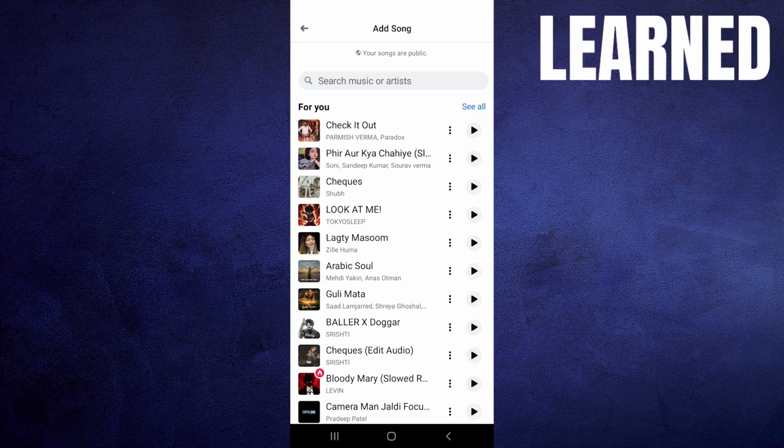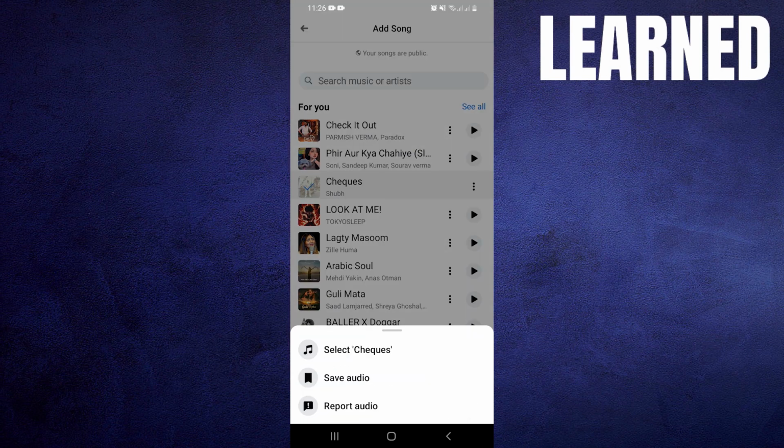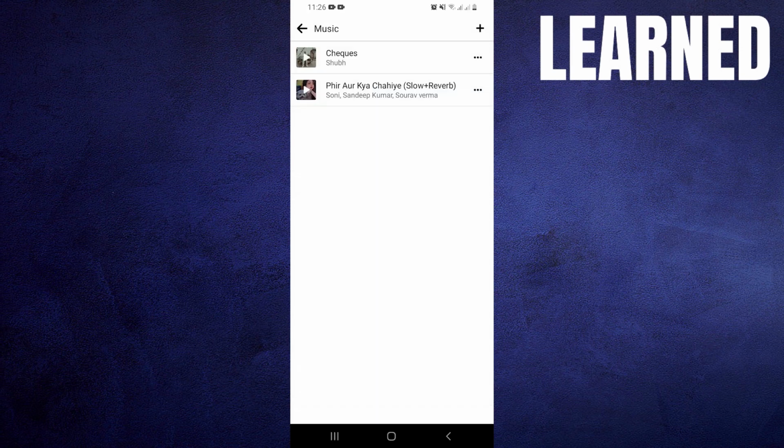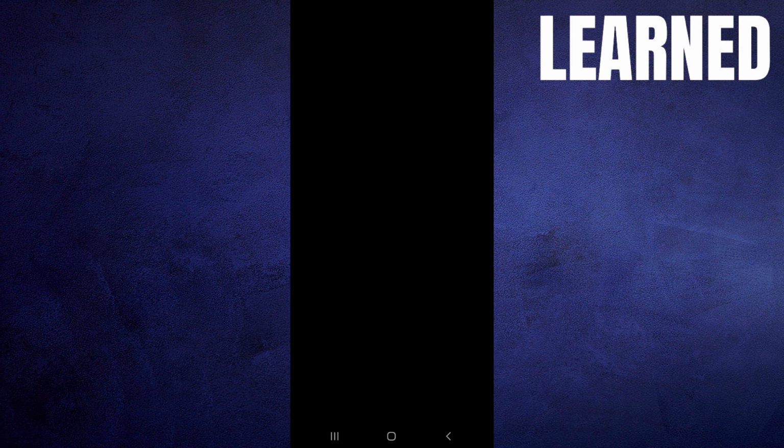Now select any song from here. Tap on that song. Then tap on Select. Now go back and tap on View As. Due to privacy concerns, the screen will turn black. However, if you check your profile, the music will be displayed in your